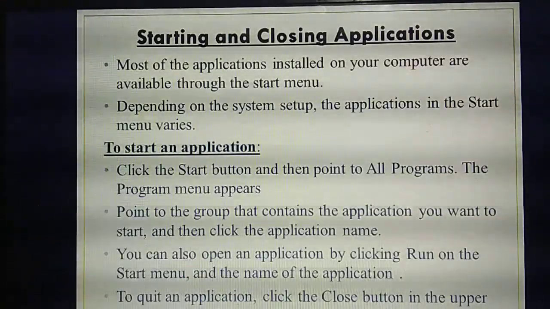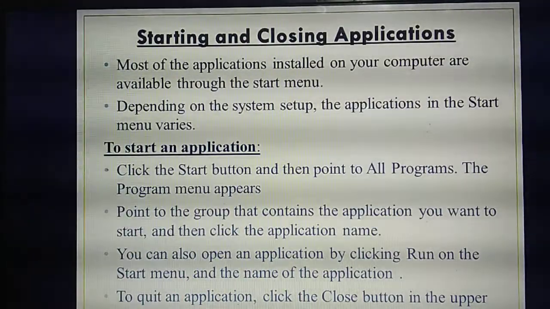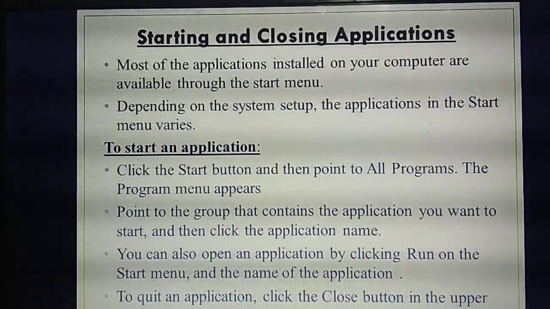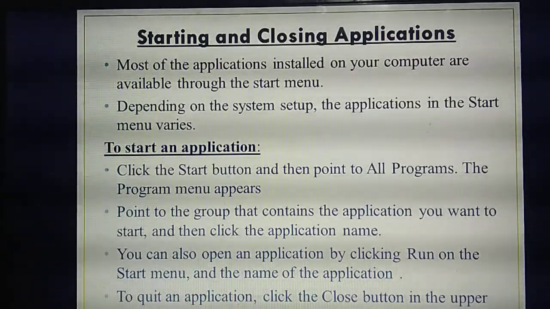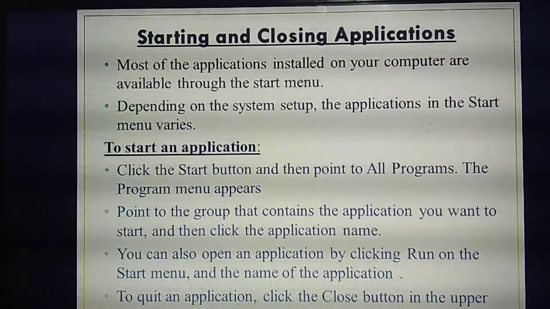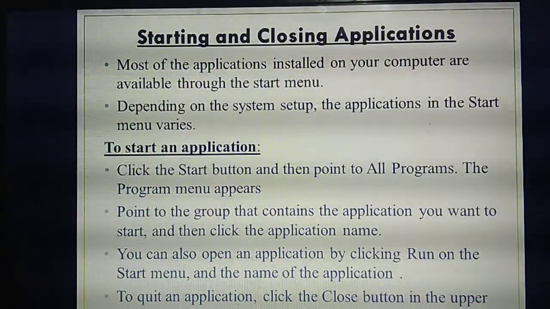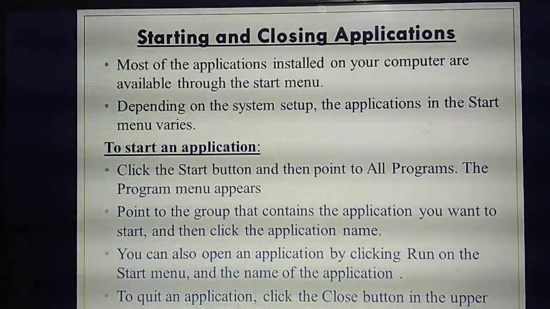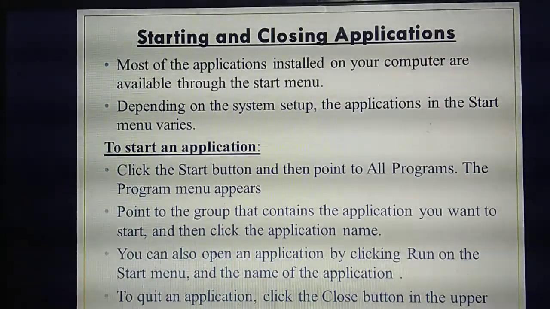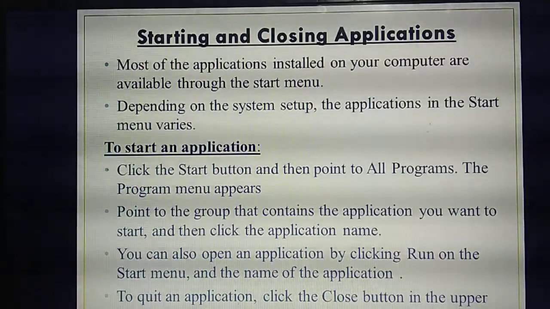So today we are going to study how to start the application as well as close the application. Okay. So what do you mean by application? Application is nothing but any one of the programs or files. For example, in your mobile phone, a lot of applications are there: WhatsApp, Facebook, ShareChat, Hello App.